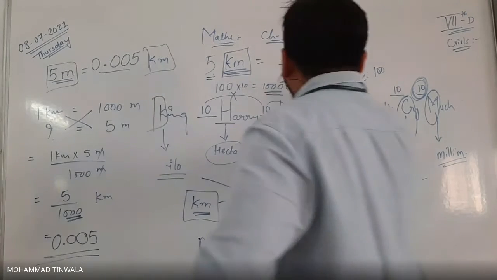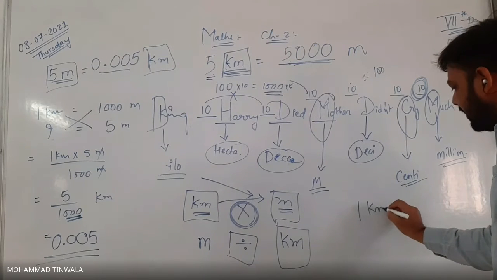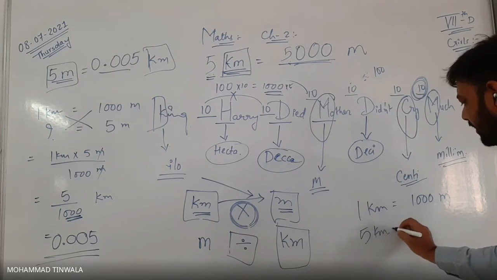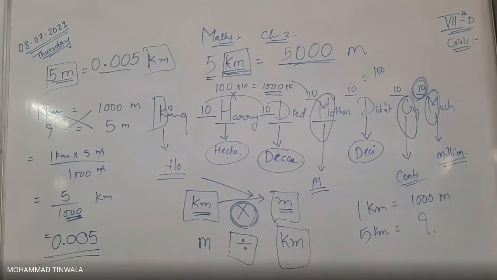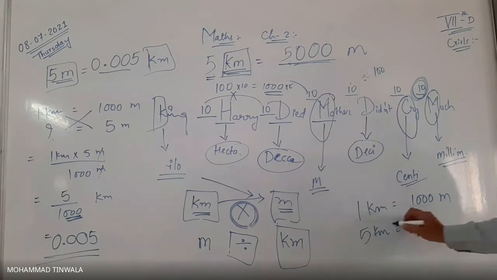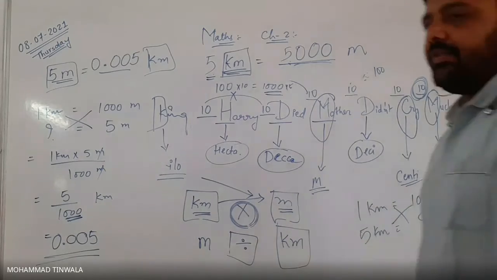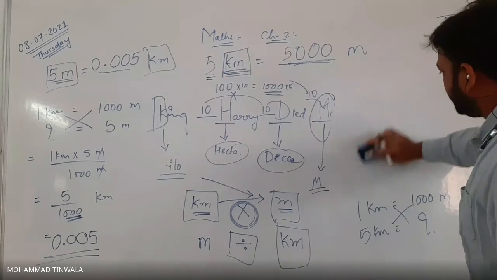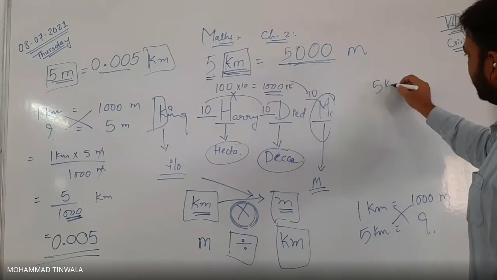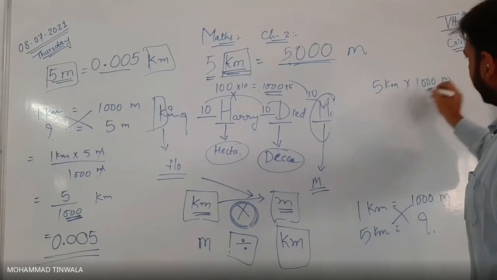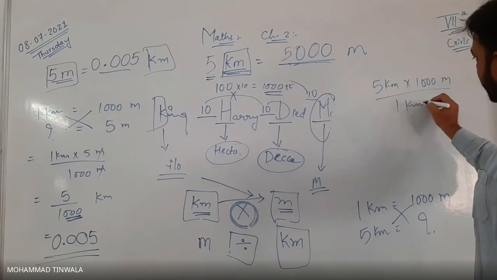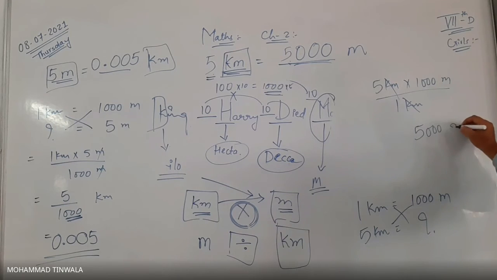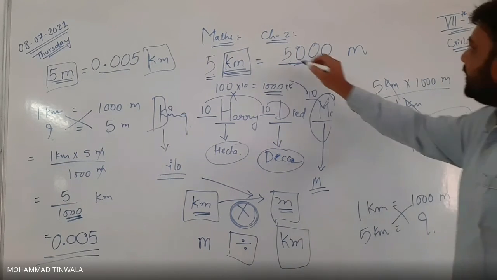How did 5 kilometer become 5000 here? 1 kilometer is equal to 1000 meter. We have 5 kilometer. We have to find how many meters we have. Understood? Again cross multiply. Now what we have to do here? We have to multiply because we are going from bigger unit to the smaller unit. So 5 kilometer will be multiplied with 1000 meter upon 1 kilometer. Now kilometer got cancelled. 5 thousands are 5000 and meter will be as it is. What is the answer I kept here?